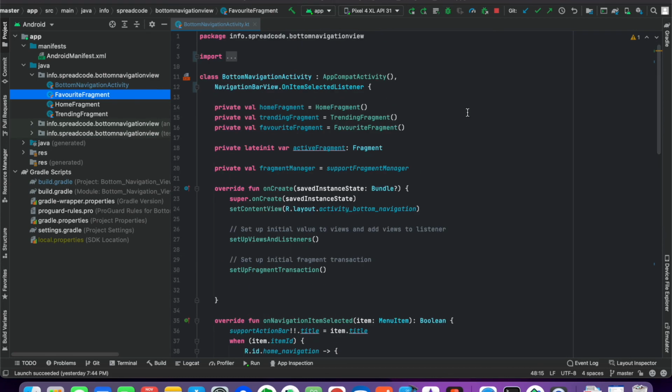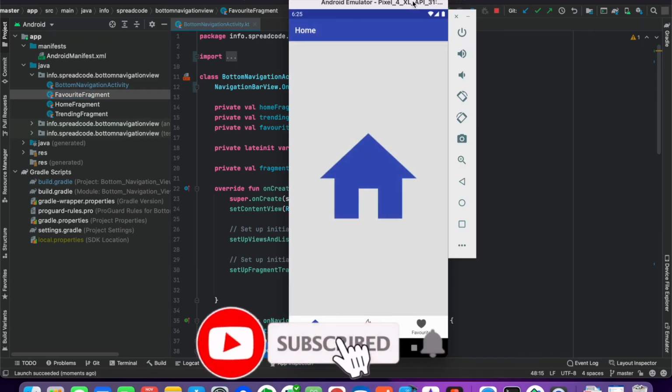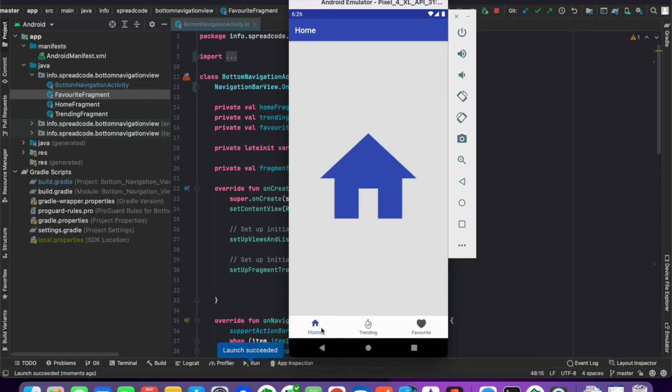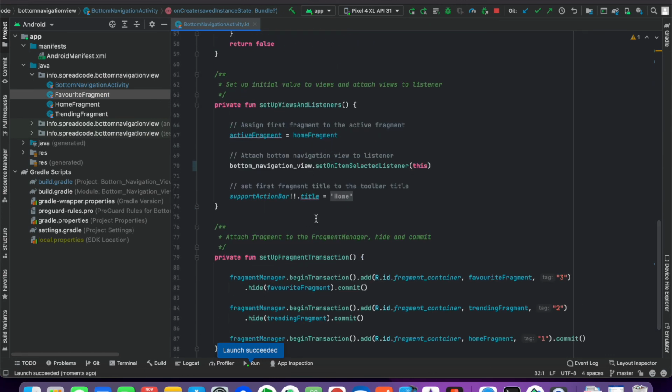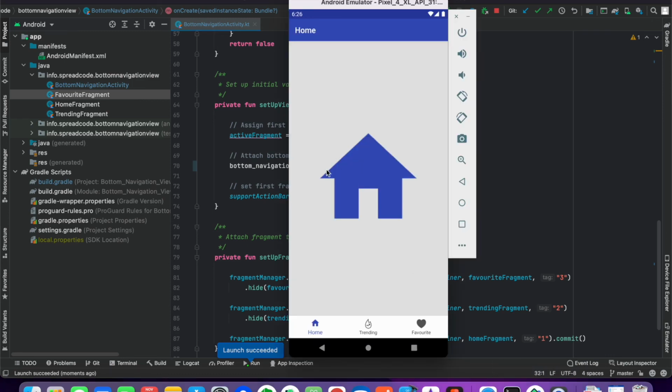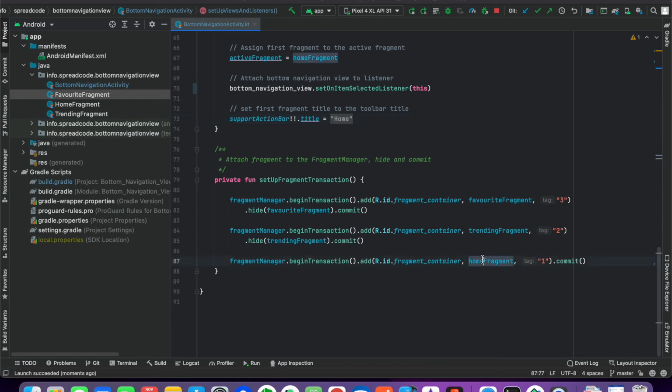Now I will try to run this. You can see the app has been launched, and because I created the home fragment as our active fragment first, as you can see in the fragment transaction, I didn't hide the home fragment.